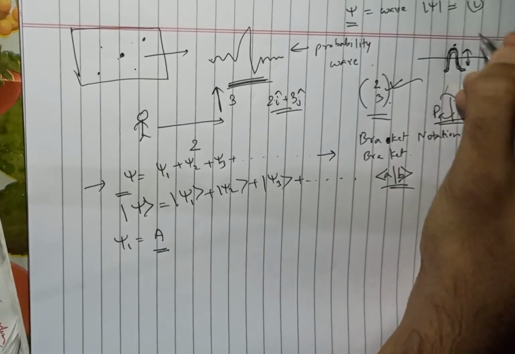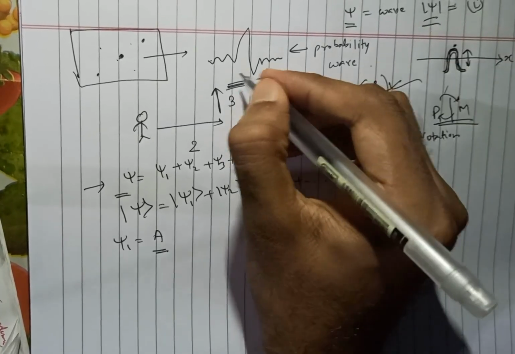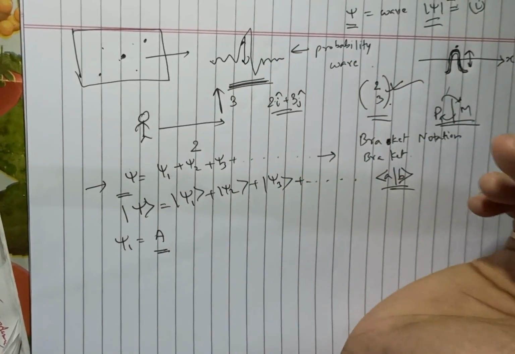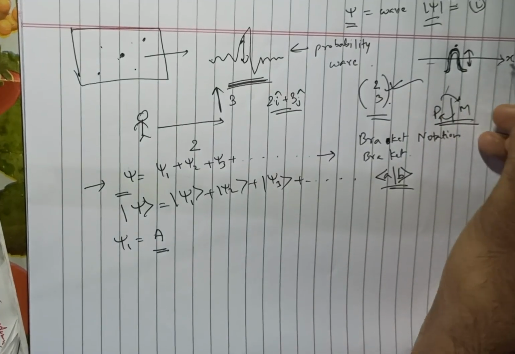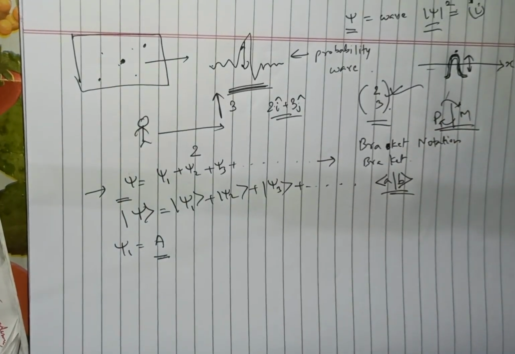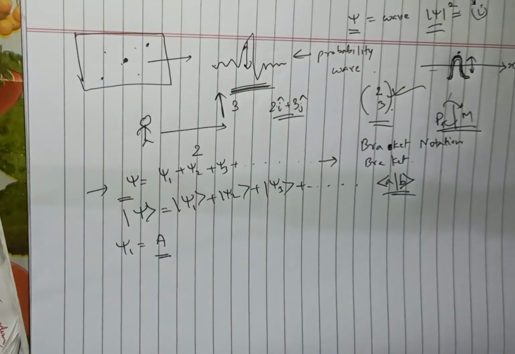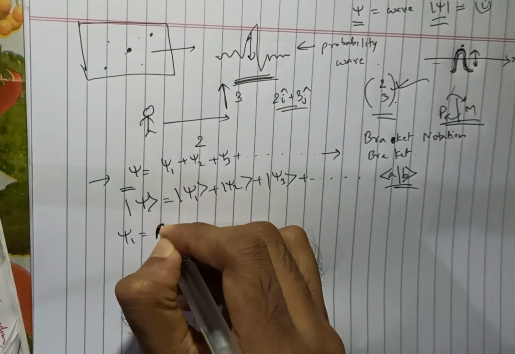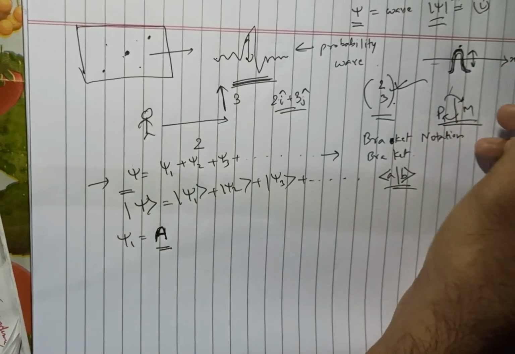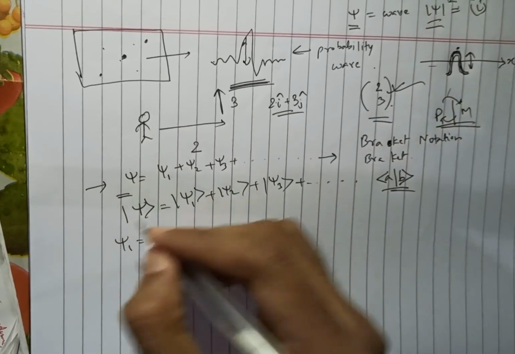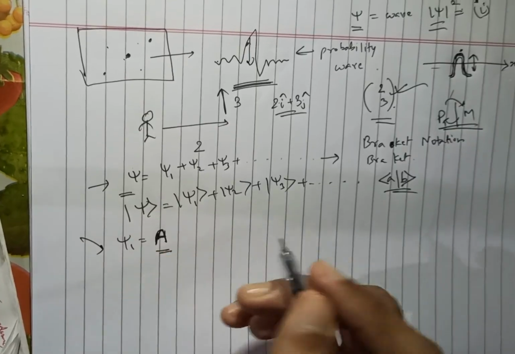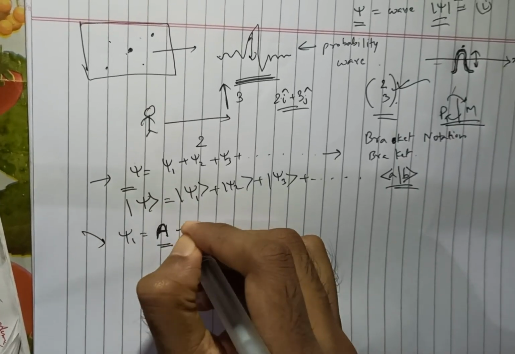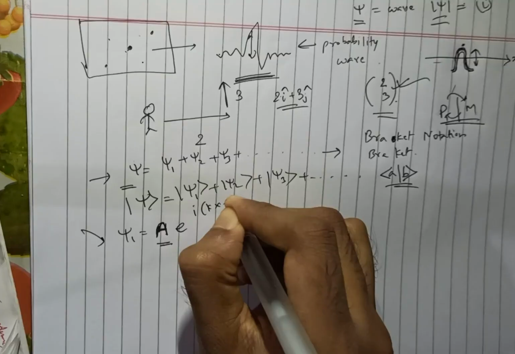But here we are seeing amplitude squared, because by default this amplitude is not physical in nature, and this axis that I'm representing is physical in nature. So this amplitude is complex. The amplitude that you're seeing is a complex amplitude, by the way. This cannot be represented here. To find the amplitude to be represented here, we will have to take the mod square of it. Now psi 1 is equal to A e to the power i(kx minus omega t).